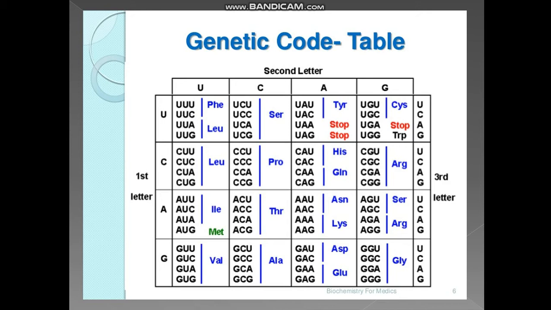Okay, so here, how many codons can you see for stopping the process of translation? Three. What are these three codons? UAA, UAG and UGA. Why are they stopping the process? Because they do not code for any amino acid, and when no amino acid is joined, ultimately the protein chain will stop and protein synthesis, or translation, will stop.